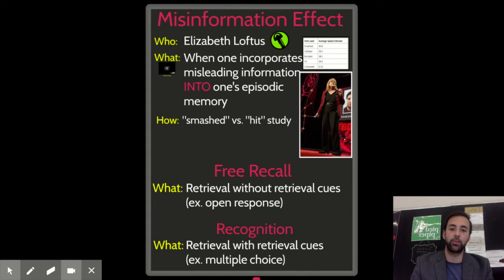When you are asked to do something and sort of freely remember whatever it is that you happen to recall or retrieve, you're using what's called free recall. There's no what we call retrieval cues. A retrieval cue is sort of a hint or an indication of the direction that you might go in. Many open response questions have this element to them. Certainly the question itself might give you some hints with the context. However, most free response questions that you'll encounter throughout your academic career are generally free recall.